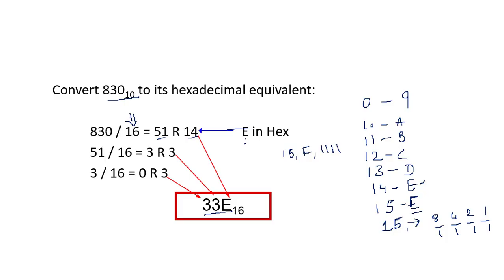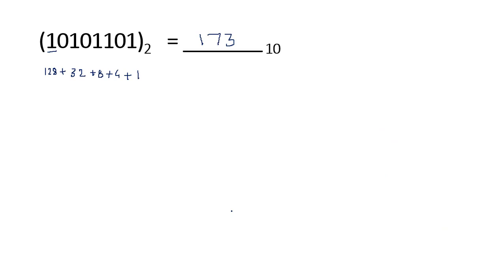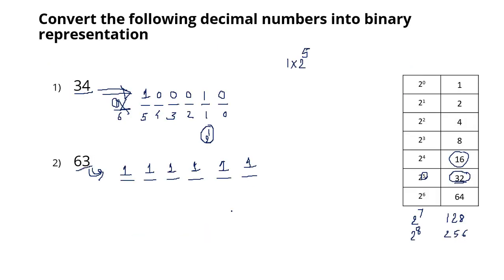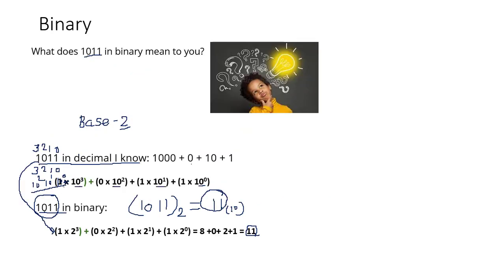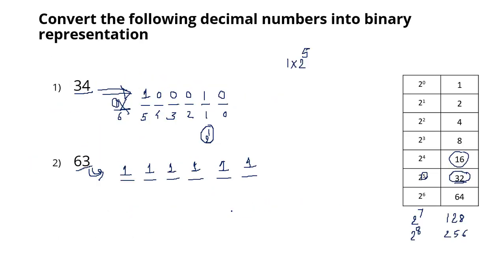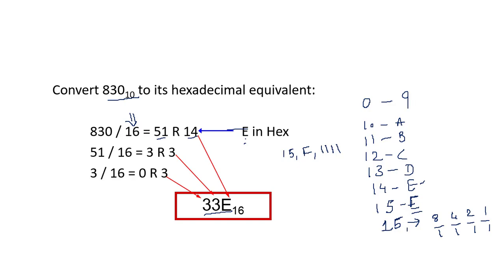So this is all about the basics of the number system. What I have taught you now is you are able to convert a decimal to binary, binary to decimal. Same thing you can do for octal also. Please understand, you need to remember the base. You need to remember why binary is most important, because most of the computations will happen only in binary. So you need to understand all this conversion. I hope you have understood the concept. If you have not understood the concept, I request you to revisit the video.